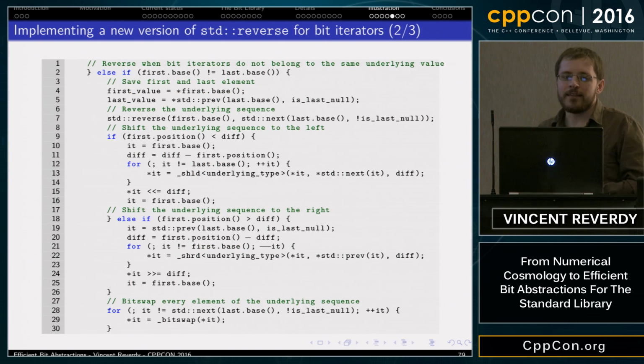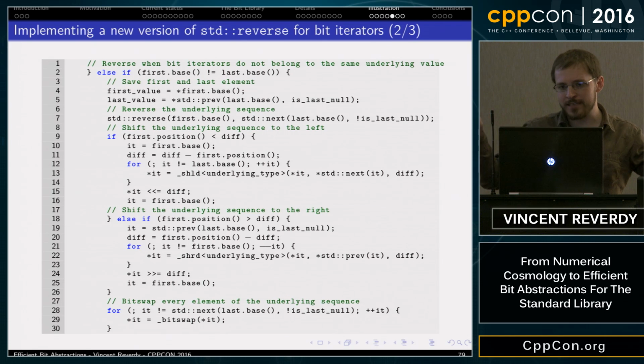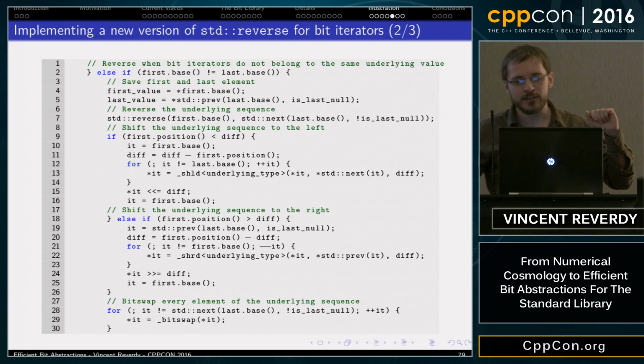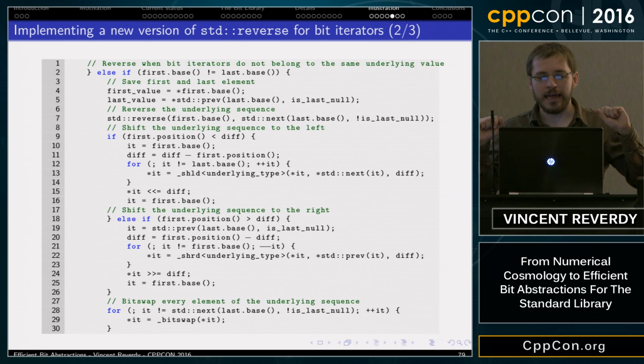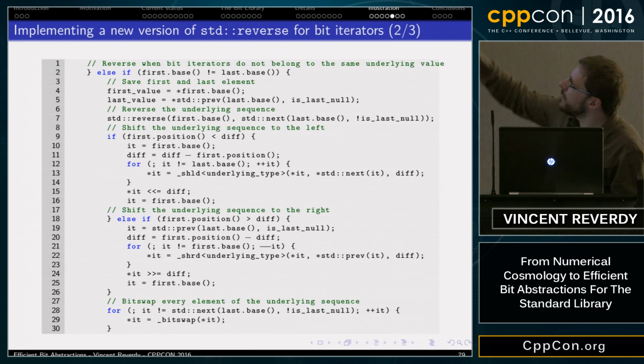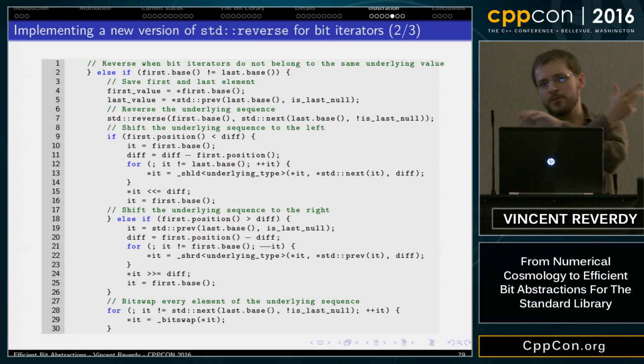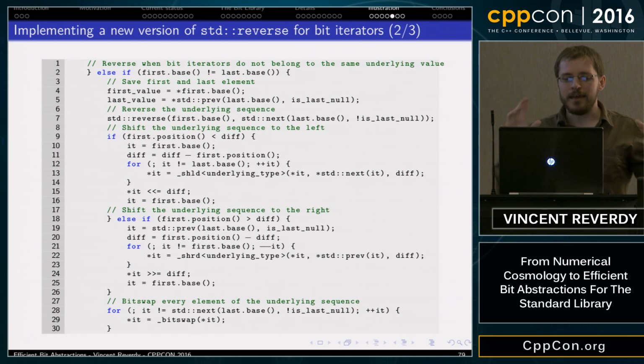Then there is the case when the two iterators refer to different underlying integers, and at least one of them does not correspond to a least significant bit. I won't go into detail, but we start by saving the values of the first and last integer.